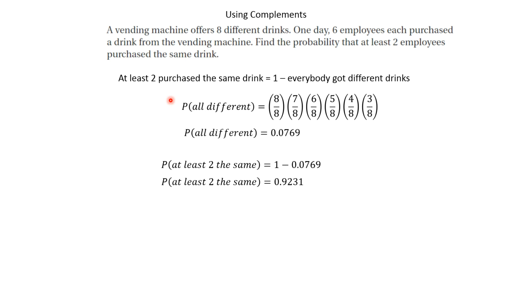This is, of course, assuming that it's completely random, they weren't watching each other, things like that. And so, that would be compound events. Again, it's stuff that you've been doing for the most part, but we're looking at it again,